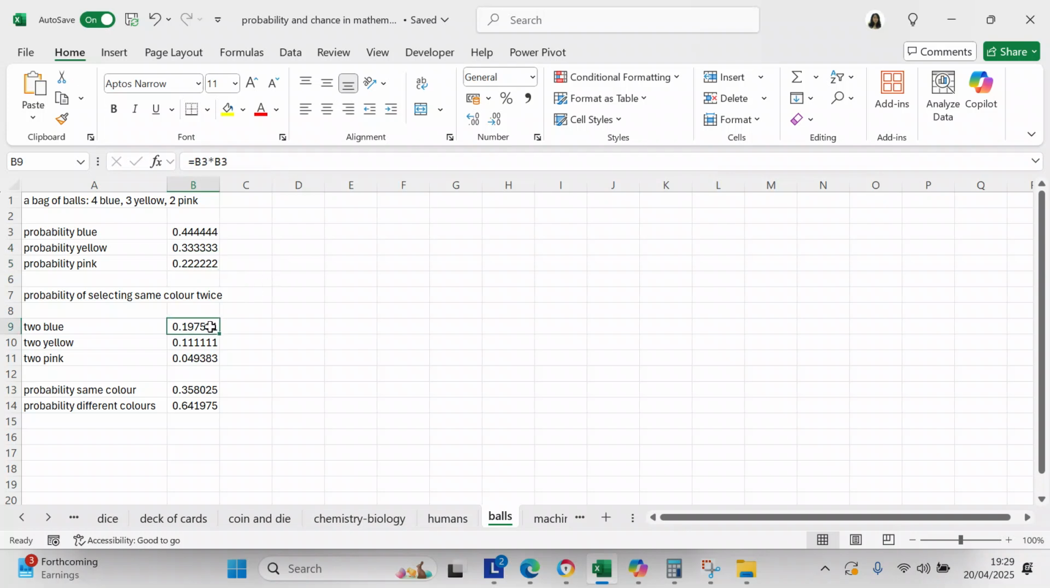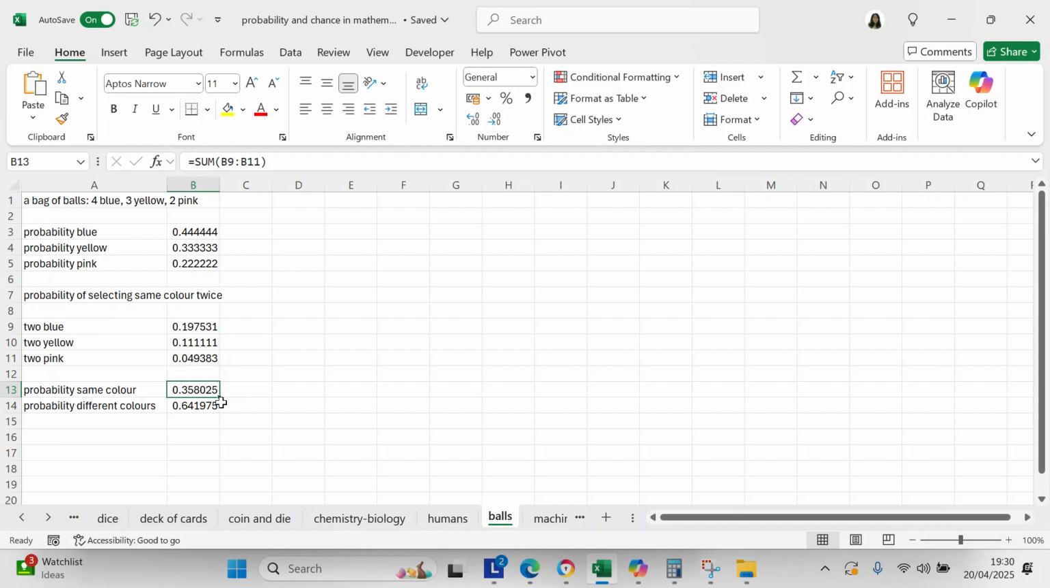So 2 blue equals B3 times B3, so that's 0.1975531. Probability of 2 yellow is B4 times B4. So it's 0.11111. Probability of 2 pink is B5 times B5, and it's 0.049383. So you have the probability of the same color is the sum of B9 to B11, which is